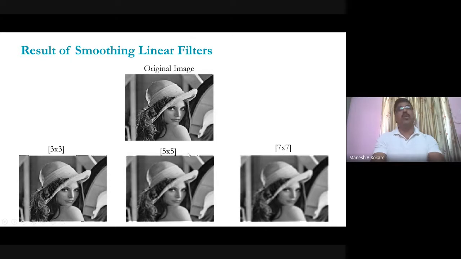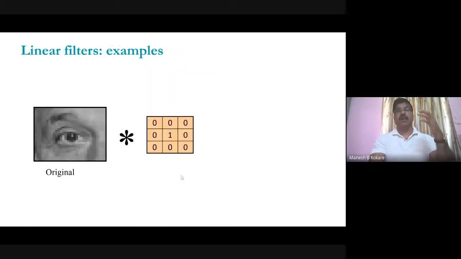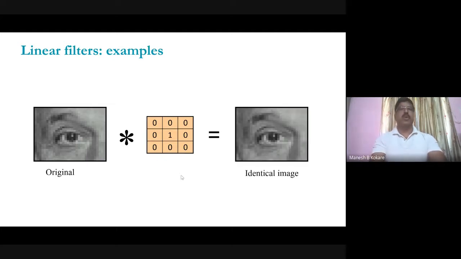So for that we have to use other means. Basically our purpose is to remove the noise, but at the same time our edges should be preserved. Only the unwanted thing we have to remove. Edges are a wanted thing, but they are also blurred in the case of the simple averaging filter. And this is overcome by using nonlinear filtering. Nonlinear filtering is basically finding the median value, or median filtering, right?